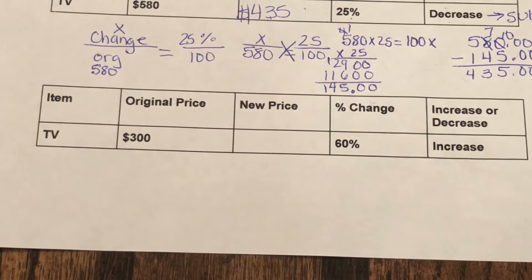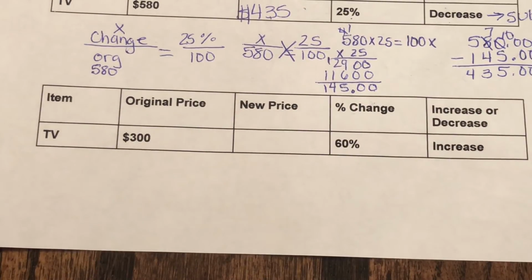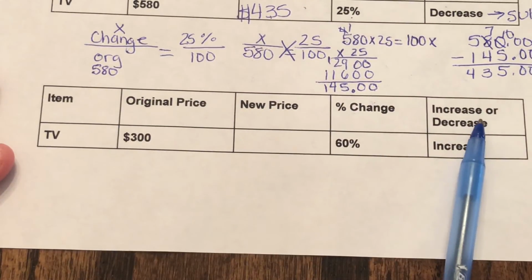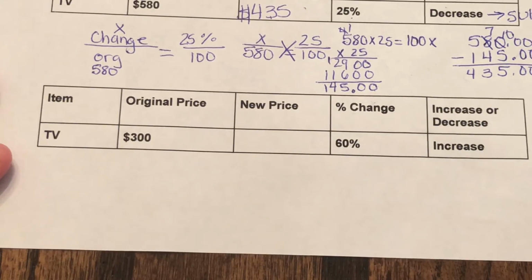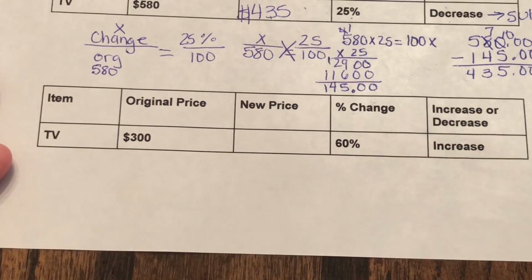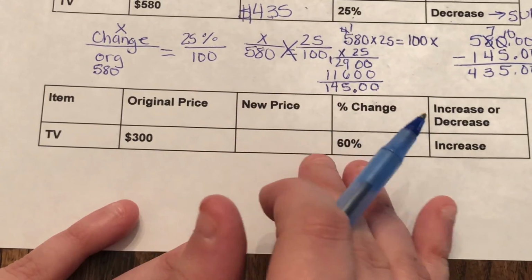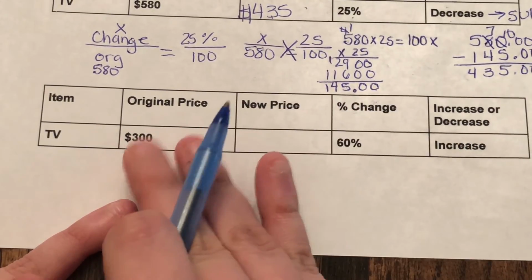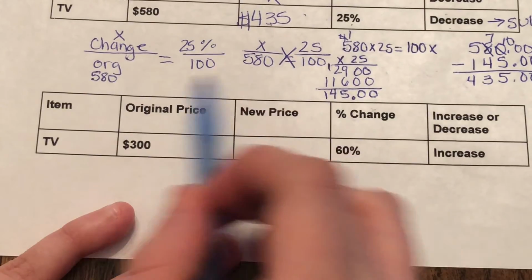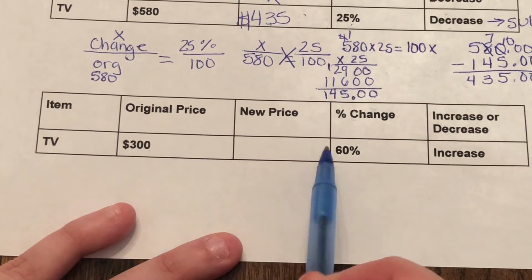Yay, we love TVs. Okay, so I'm going to teach you a different way to do this part. This is what we're going to talk about later when we do markup, markdown. But we'll do it the same. We'll do a proportion. I'll teach you a different way. So there's two ways you can do it when you have the percentage and you have the original price. You can either set it up as a proportion like this, or you can take 300 of